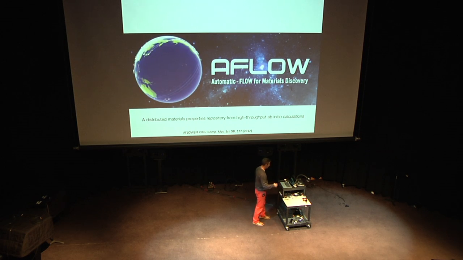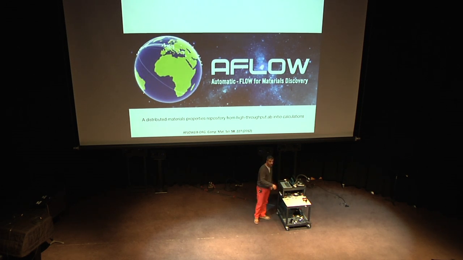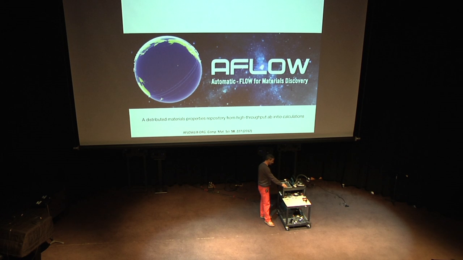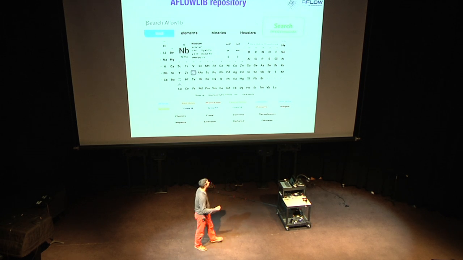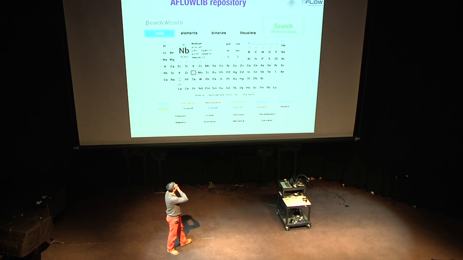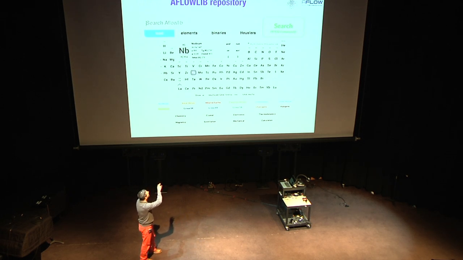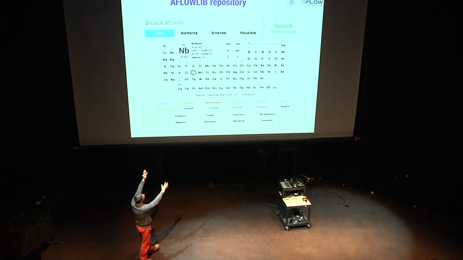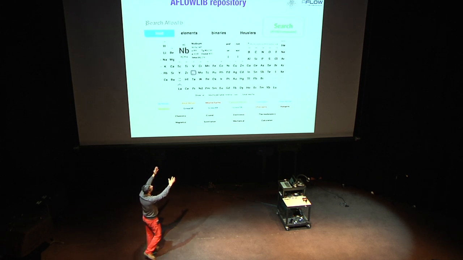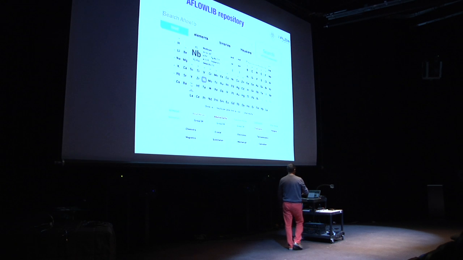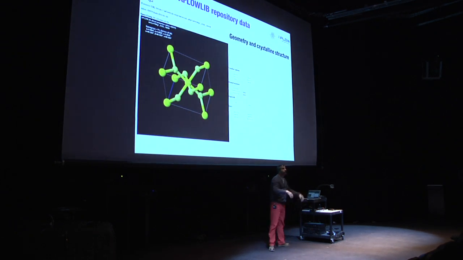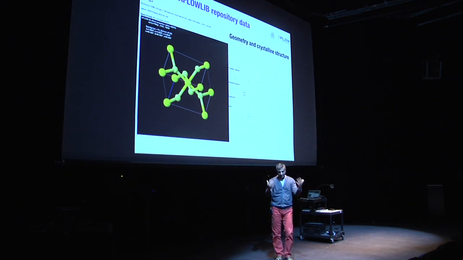The databases are large. Our database has more than 600,000 entries, and we are adding entries continuously. It's public, and it's accessible through an interface. Maybe you can lower the lights here a little bit. The interface allows you to choose which elements of the periodic table you want your material to be made of. You click on them, and you get something like this. There is an entry in the database that tells you the structure of these materials.